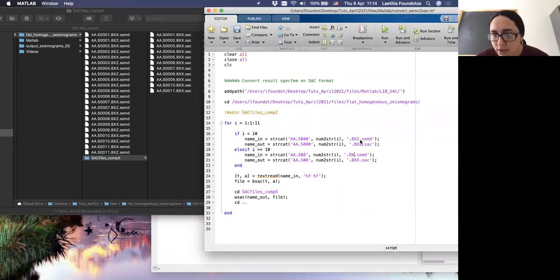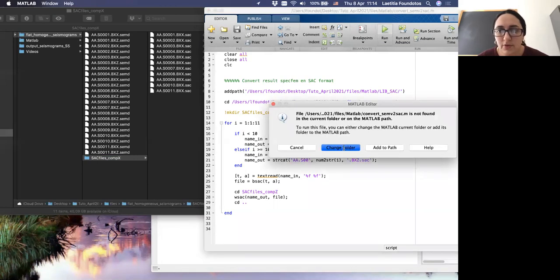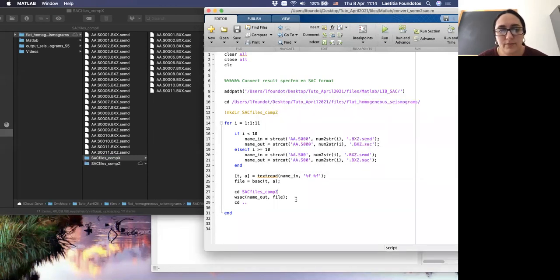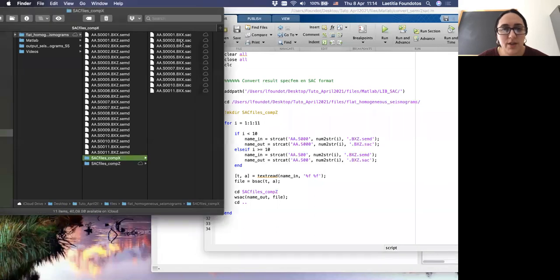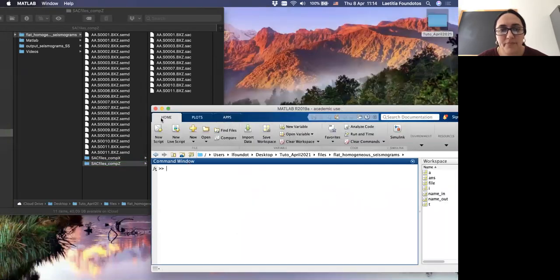Of course, here I am doing it manually, but you can also make a loop over your components. This is not really important. So let me launch the second one for the other component. Okay, that's fine. Now we have our files here in SAC format.